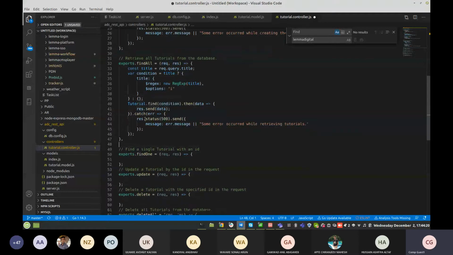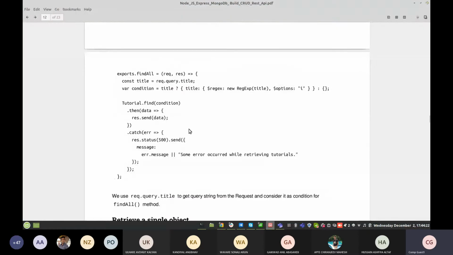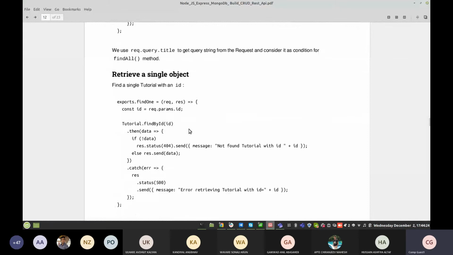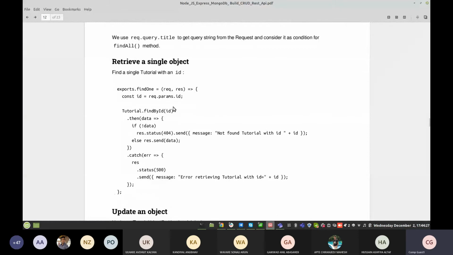So next, find one. You need to retrieve a single object. On the basis of the request parameter id, we have specified the tutorial id, and based on that id you can retrieve the information.